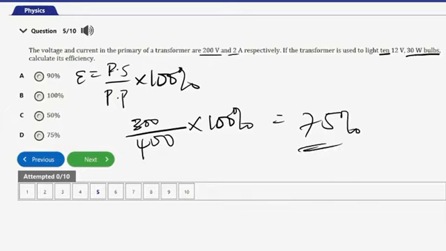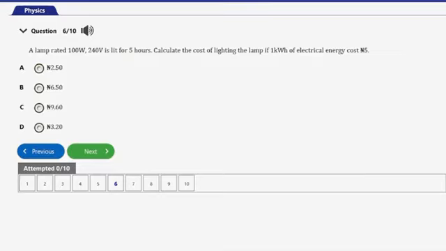Let's go ahead and wipe this, then let's consider the next question. That's question number 6 here. It says a lamp rated 100 watts 240 volts is lit for 5 hours. Calculate the cost of lighting the lamp if 1 kilowatt hour of electricity energy costs 5 naira. So 1 kilowatt hour will cost 5 naira, and actually a lamp that is 100 watts 240 volts is lit